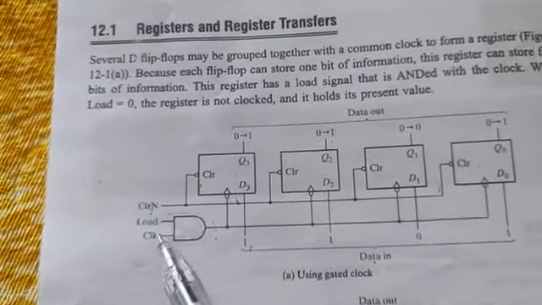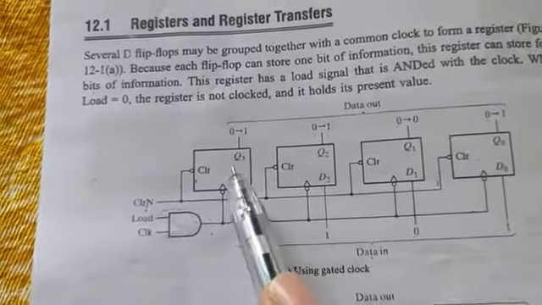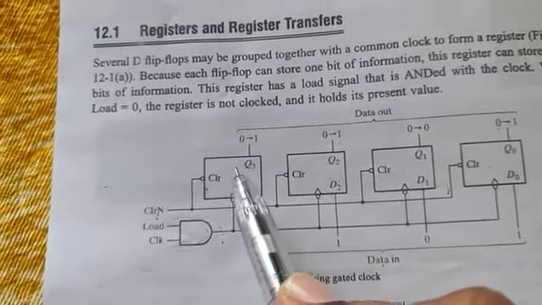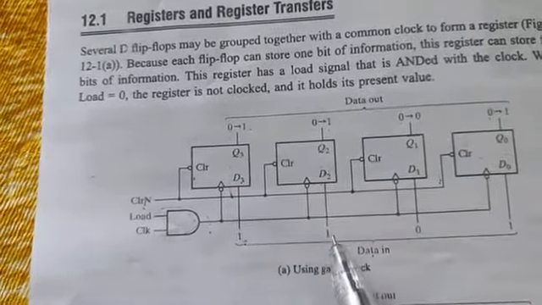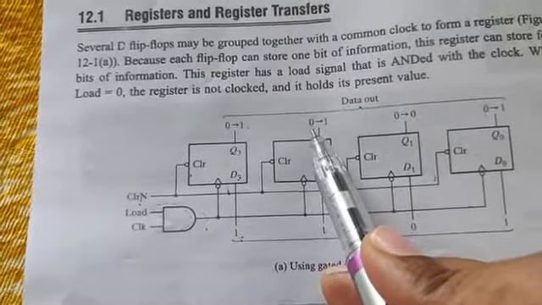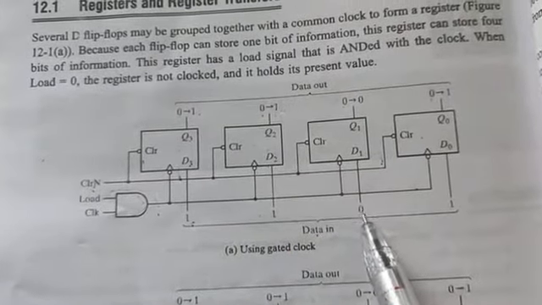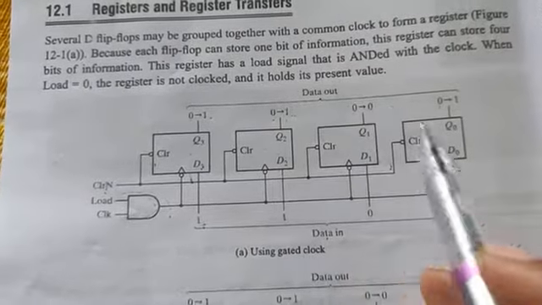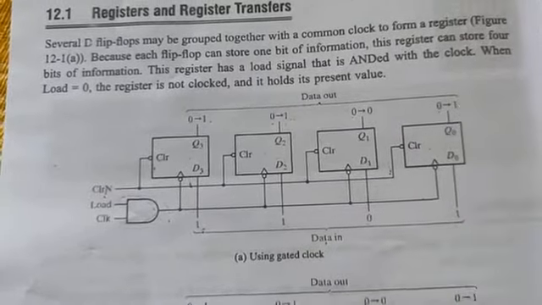Okay. Once the clock pulse occurs, this data input 1101 will be passed to these flip-flops. So this 1 will be passed to here; before it was 0, then it will be converted to 1. This 1 will be passed to this flip-flop; before it was 0, then it will be converted to 1. Now I am passing 0, before also 0, so 0 will stay 0 itself. Now I am passing 1, before it was 0, so this 0 will turn to 1.